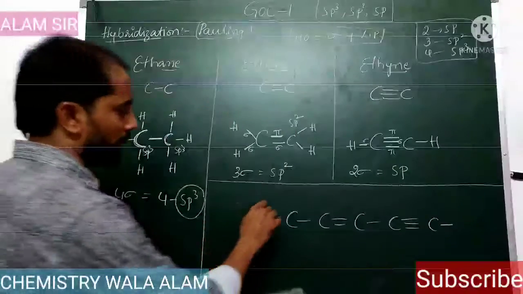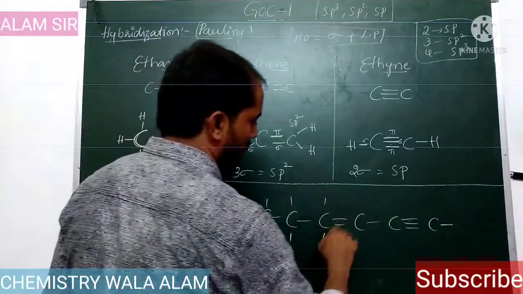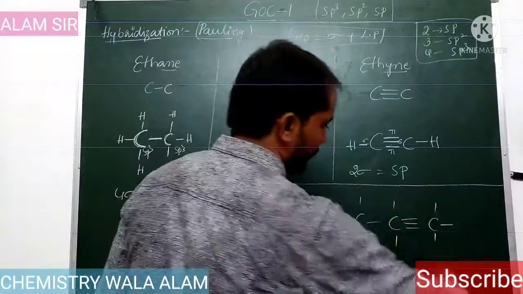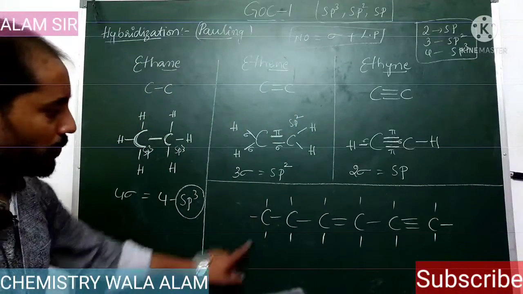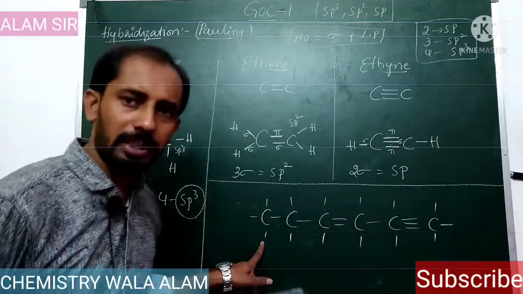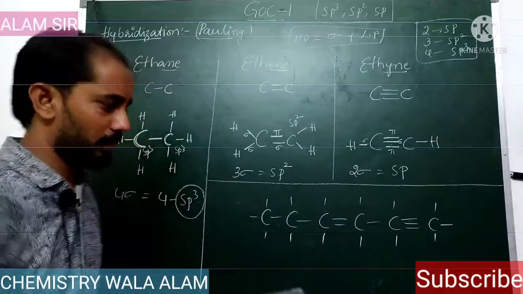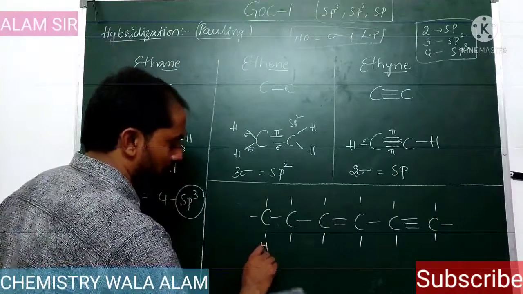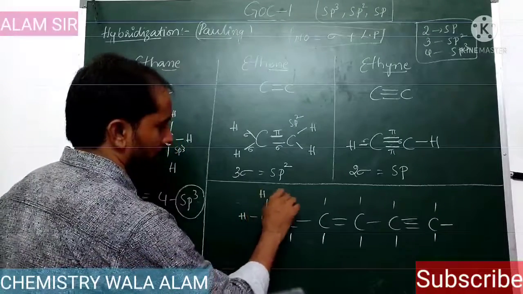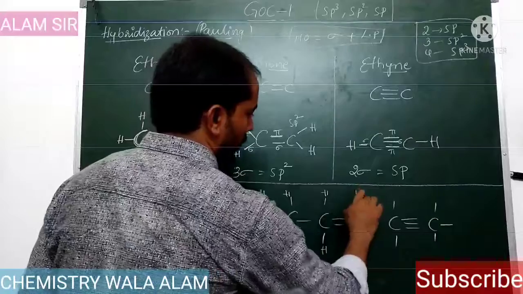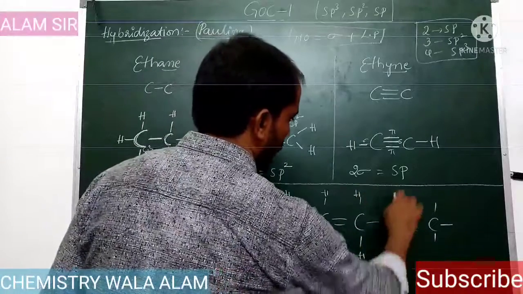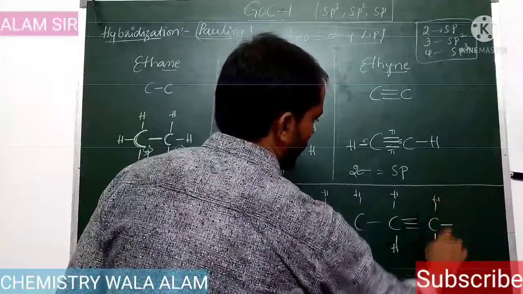Lastly, find out the type of hybridization in the given compound. So the first carbon, here nothing is shown attached to it, and it is attached to hydrogen. It's a hydrocarbon, so carbon is attached with hydrogen. How can you write those many hydrogens? You have to check the